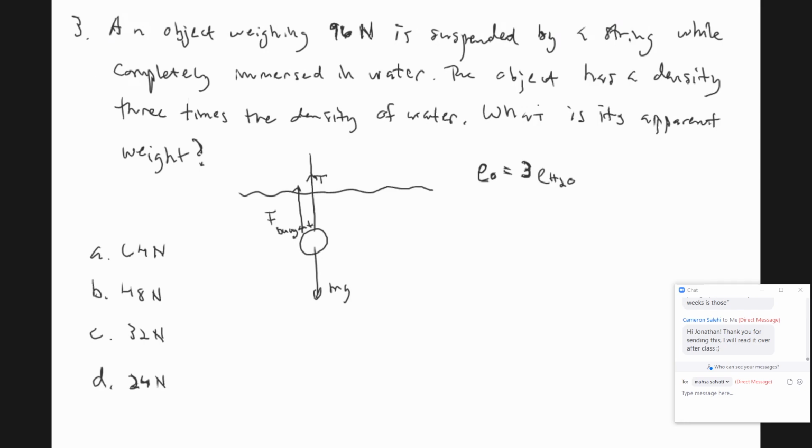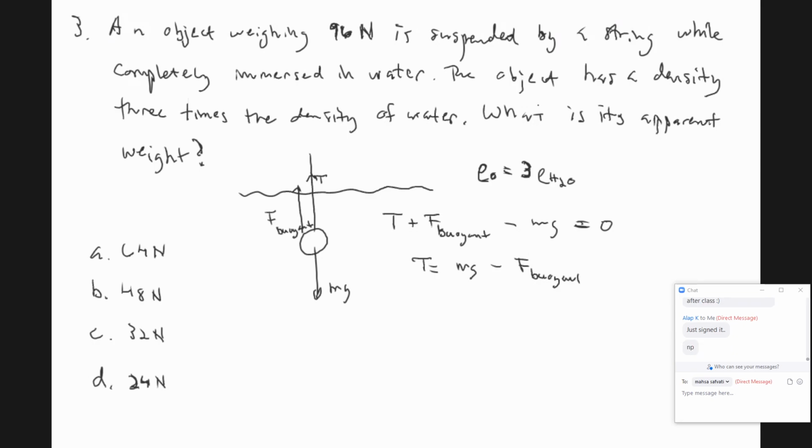Okay, so let's do our forces. So we have tension plus the buoyant force minus mg is equal to 0, right? Staying still, static. So therefore, to find the apparent weight, we need to find the tension, which is simply mg minus